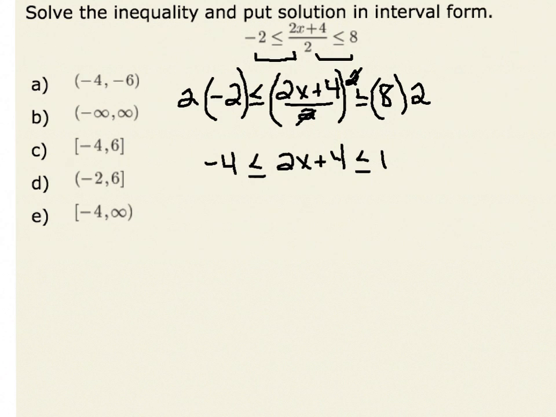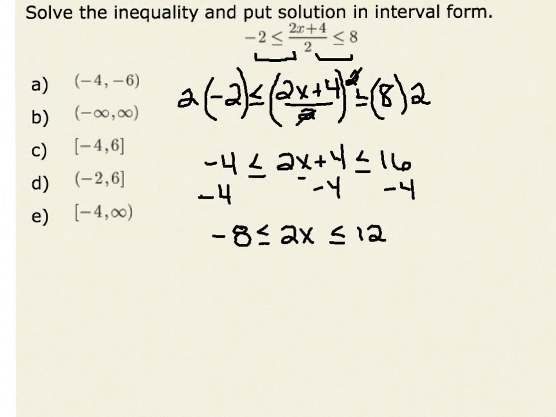2, which is 16. Now, in order to isolate x inside my inequalities, I will subtract 4, and again I would have to do it for both inequalities. Negative 4 minus 4 more is a negative 8. That is less than or equal to 2x, which is going to be less than or equal to 16 minus 4, which is 12. Finally, I can divide by 2, and again I would divide by 2 on both sides